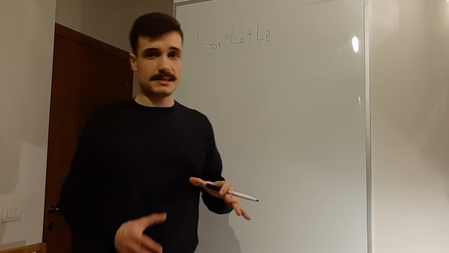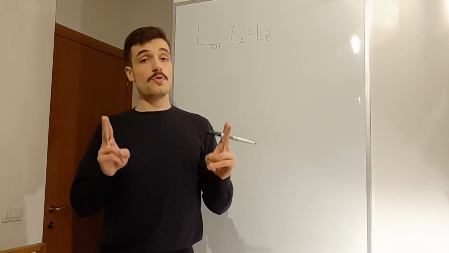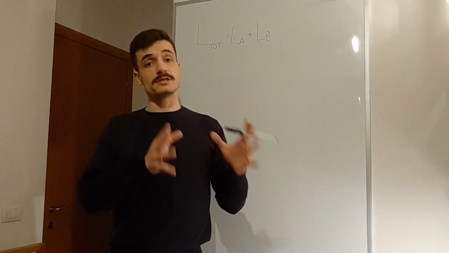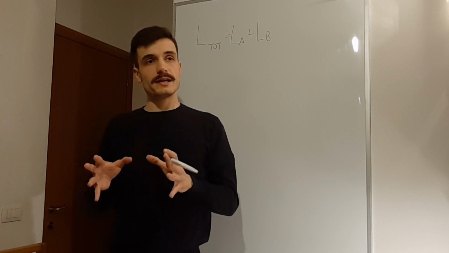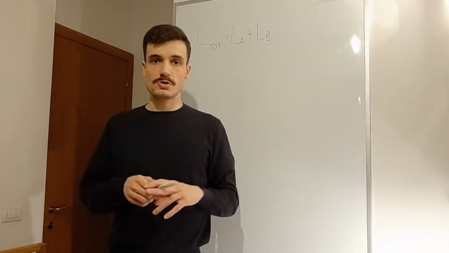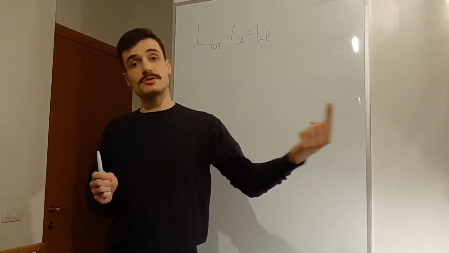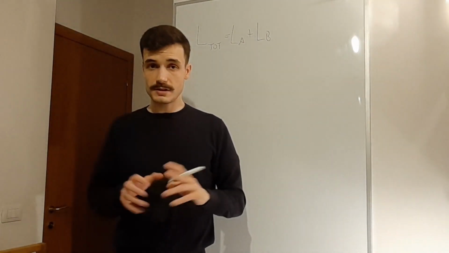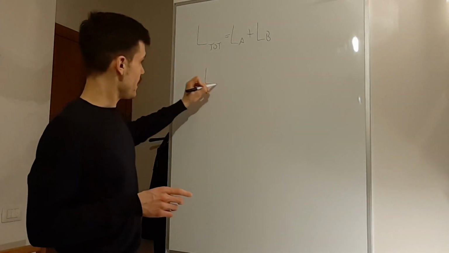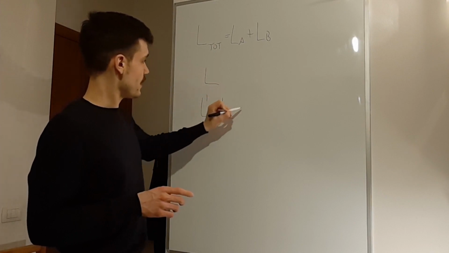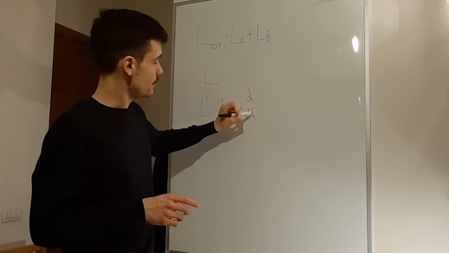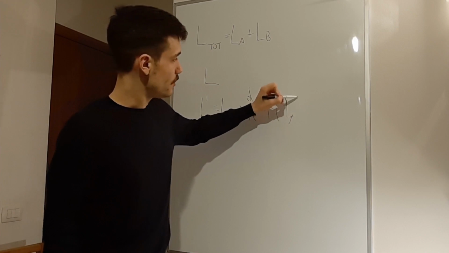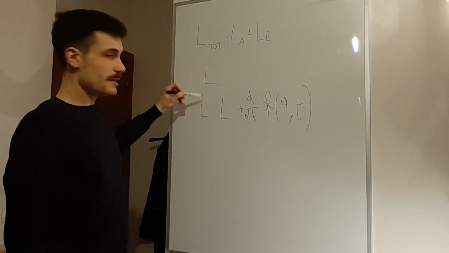Another interesting thing is that if I have two Lagrangians that differ only by the total time derivative of a function that depends only on positions and on time, they will produce the same equations of motion. So once I solve one of them, I will have solved the equations of motion for every system with a Lagrangian that differs only by this total time derivative. So writing it, if we have L and L prime that is equal to L plus a total time derivative of a function that depends only on positions and on time, they will get the same equations of motion,